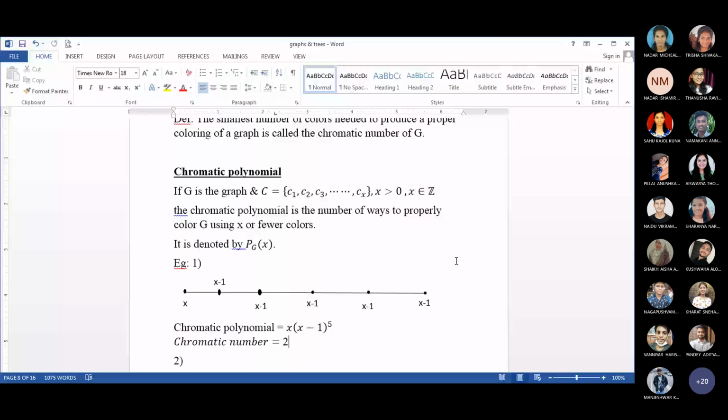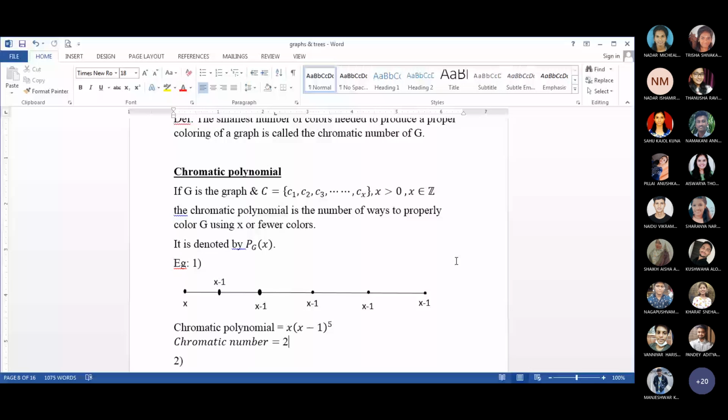That will basically give you the chromatic number. Again I repeat, the smallest value of x for which the chromatic polynomial is not zero